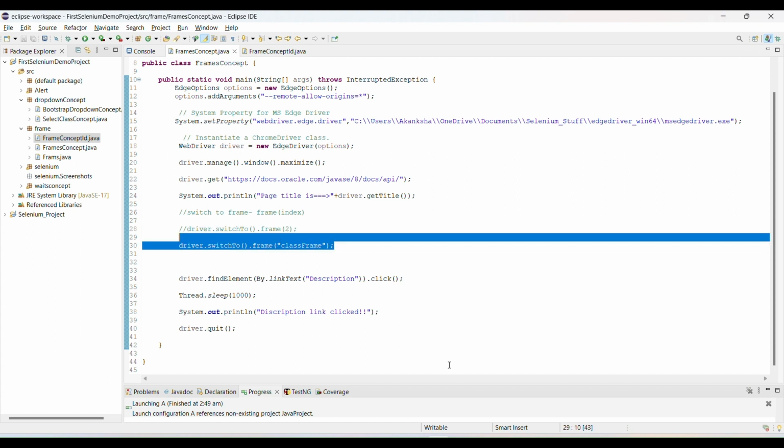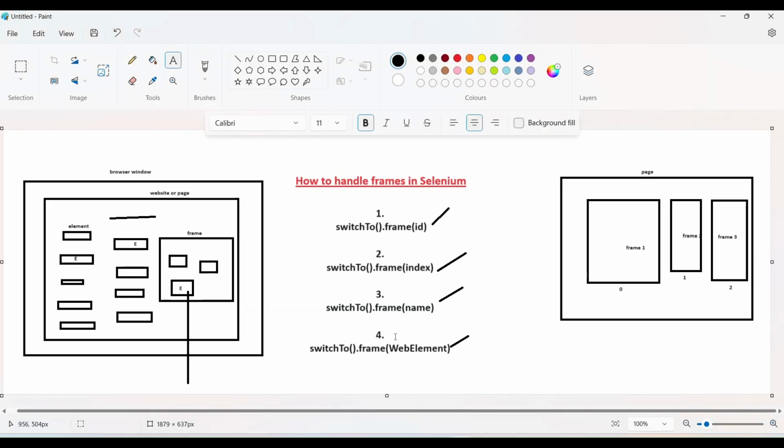So there are three ways we can use, or four ways. If we have the web element option, we can select this one also, but right now I showed you only three options. Simple, we use the frame id to switch to frame, we can use index to switch to frame, and we can use the name value to switch to frame. So this is the way to handle frames in Selenium.